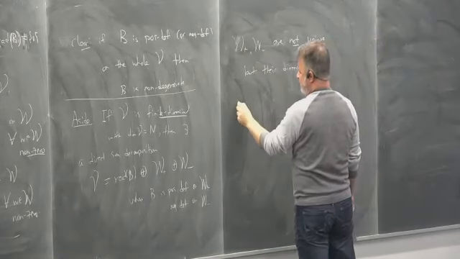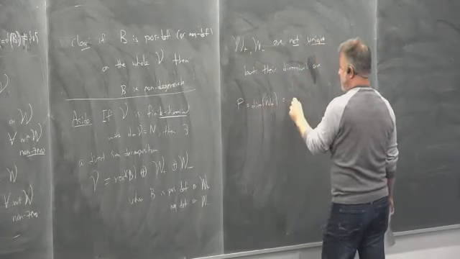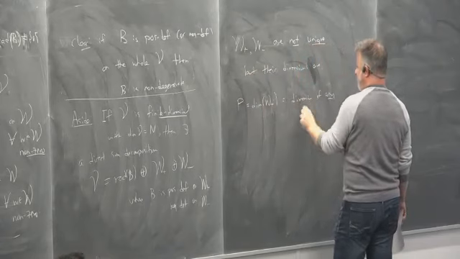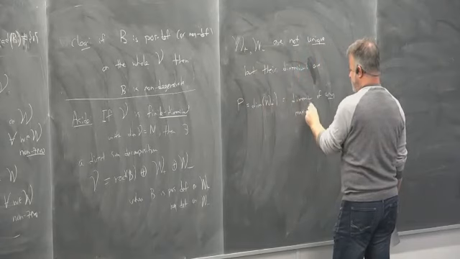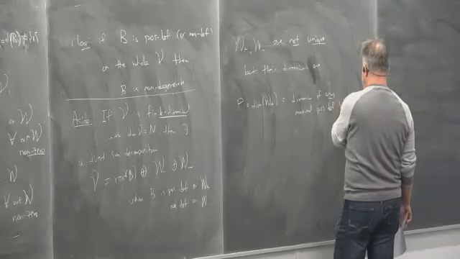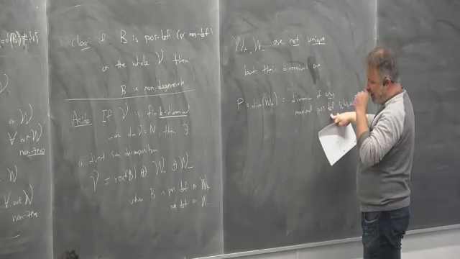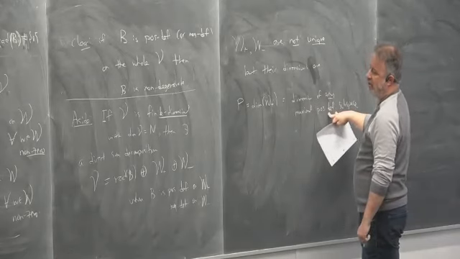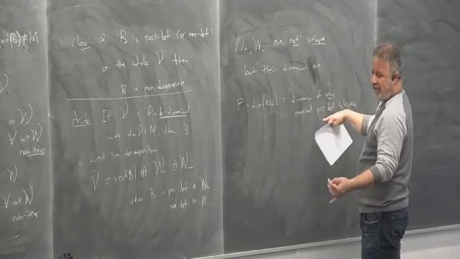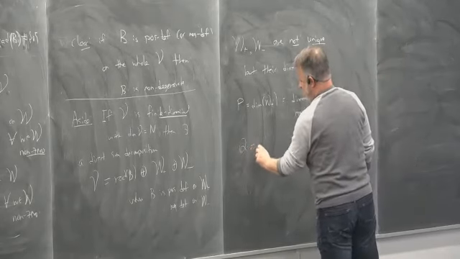So let's call P the dimension of W plus, the dimension of any maximal positive definite subspace. In other words, if you find a subspace of V on which the bilinear form B is positive definite, and it's not contained in any larger subspace on which B is positive definite, that's called maximal. And there could be lots of these, and there will be lots of these, but they'll all have the same dimension. This takes a proof, and Q